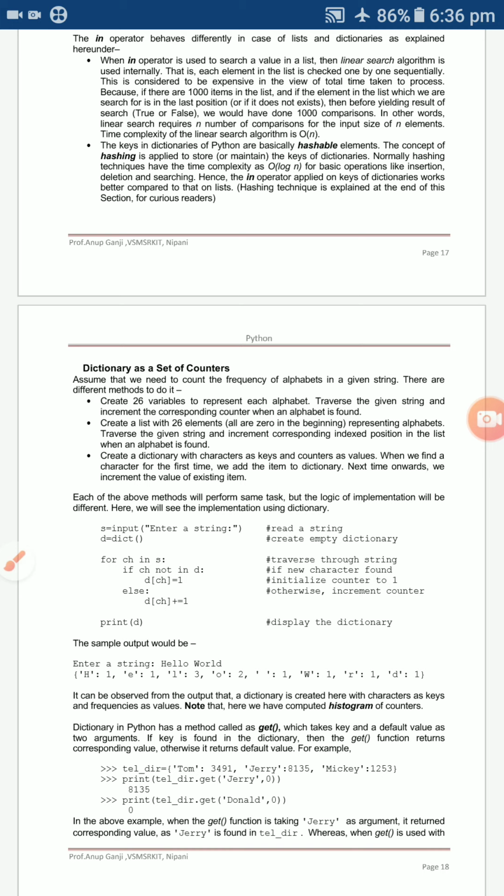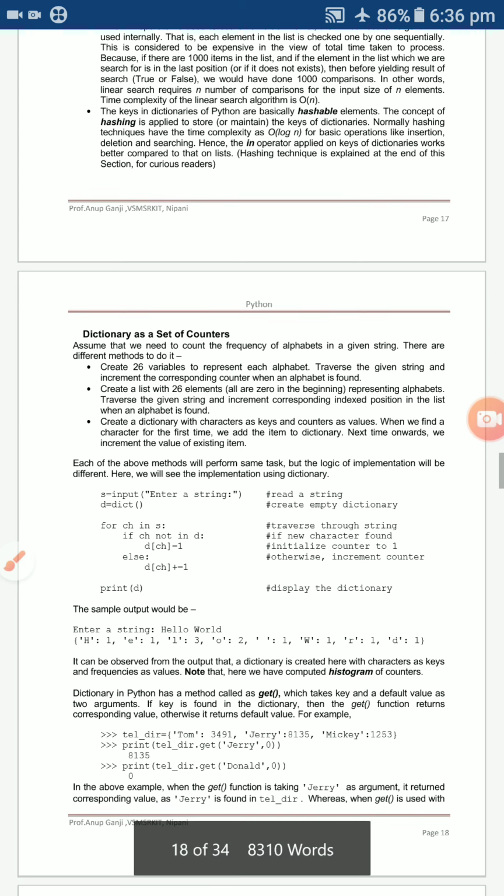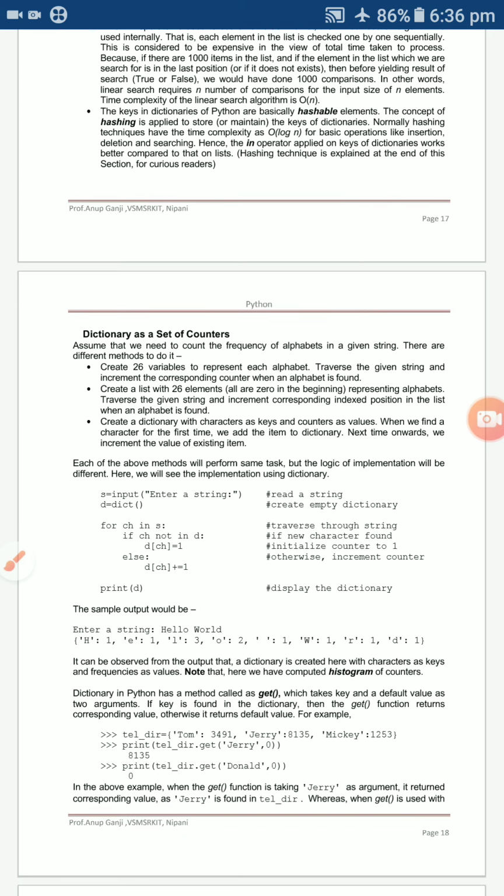In other words, linear search requires n comparisons, where the input size is n elements. So it has some time complexity and takes lots of time. The time complexity of the linear search algorithm is big O of n, which you already studied in that subject.